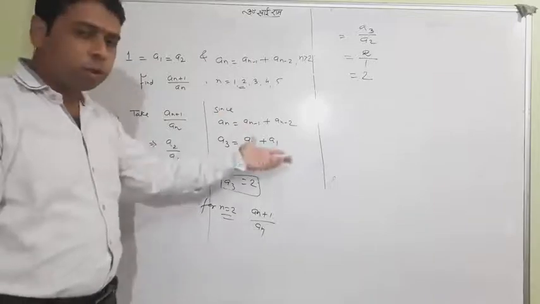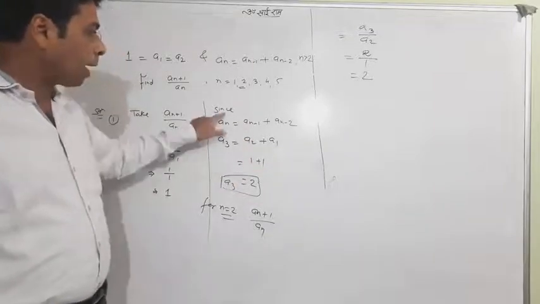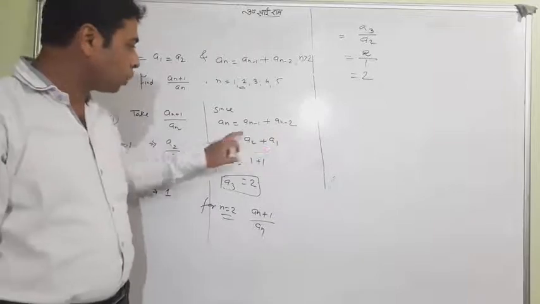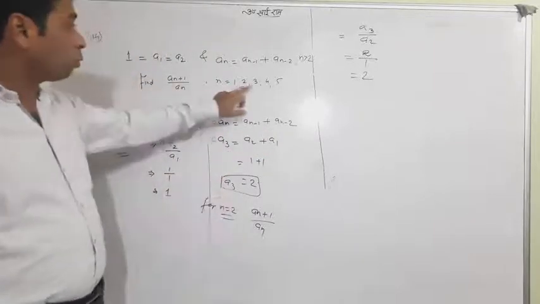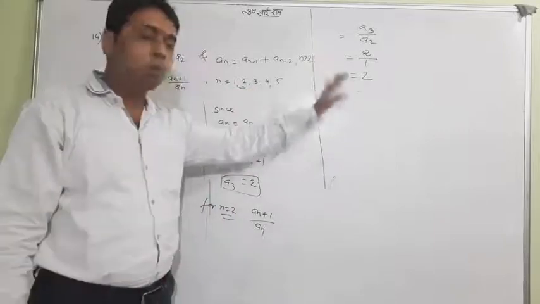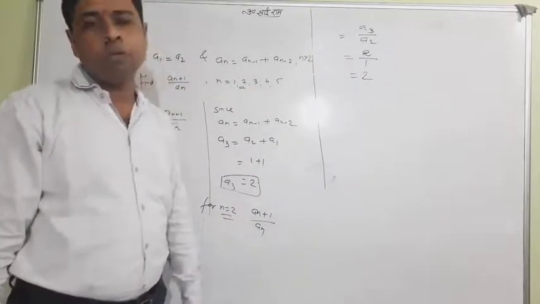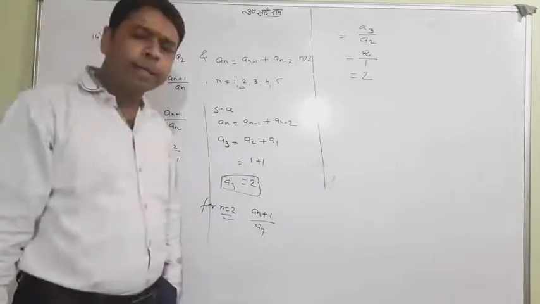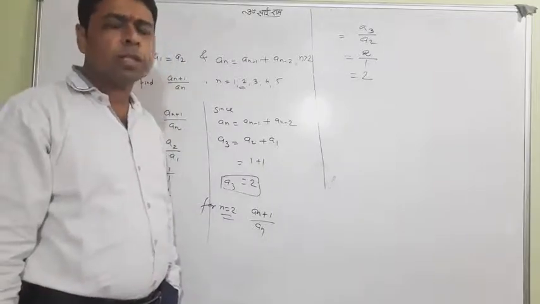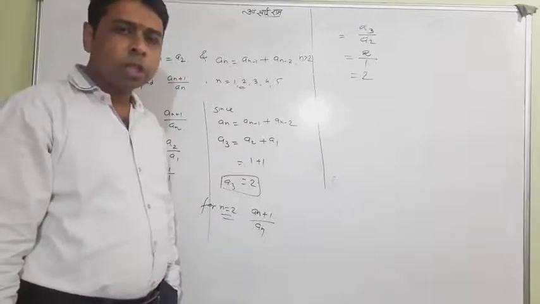Now the same procedure you will go on. Again you will write, since an is equal to this one, you will put n equal to 4. You will have a4. Then you will go on with n equal to 3. So students, this is a very so-called method. Till the end you will go with this method. So this is the first exercise. It was a very common exercise for one and all. So do this. This is a beginning initialization. So be expert in that.